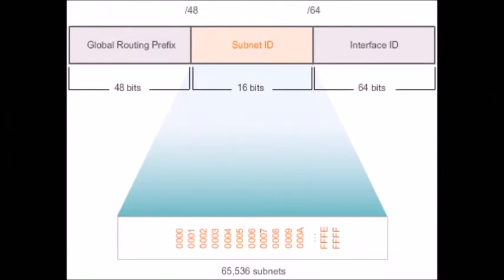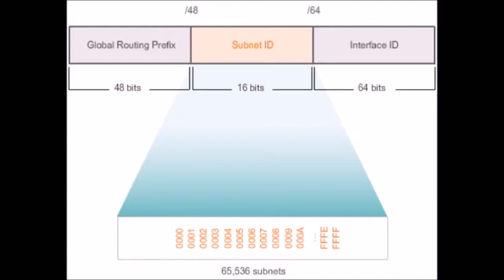Subnetting using the subnet ID. IPv6 subnetting requires a different approach than IPv4 subnetting. An IPv6 address space is subnetted to support hierarchical logical design of the network. An IPv6 address block with a /48 prefix has 16 bits for the subnet ID. Subnetting using the 16-bit subnet ID yields a possible